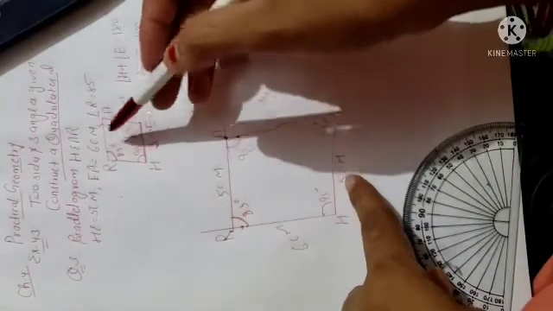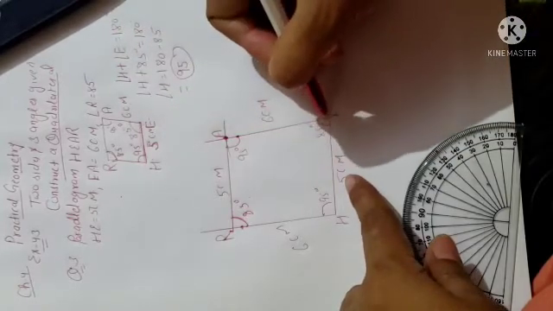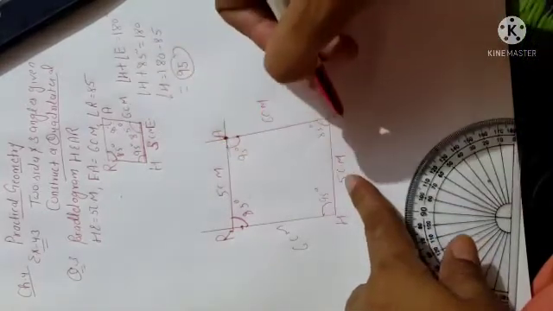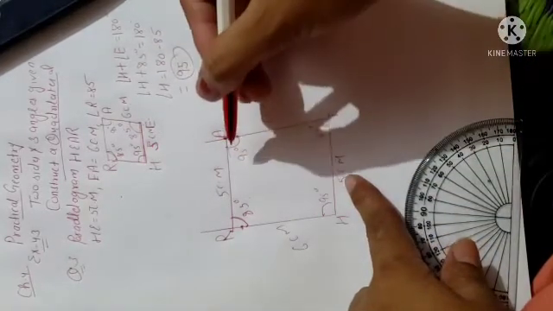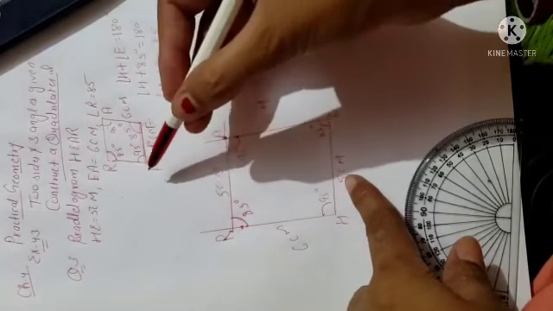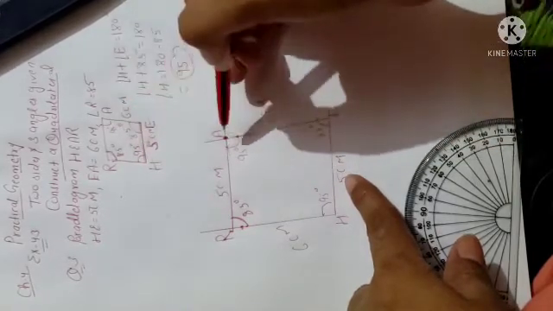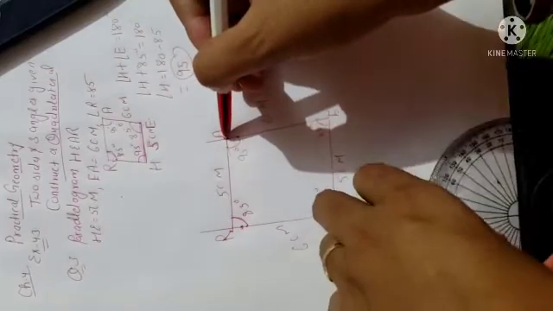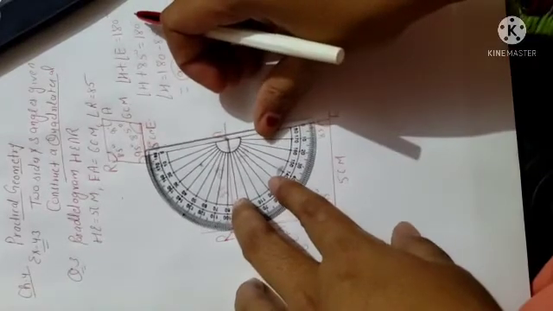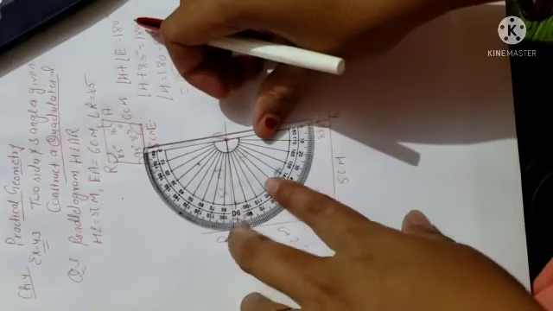After that the EA line segment is already given, 6 cm. So at point E you will put your compass, open it 6 cm and draw the arc. So this arc will cut at point A, and this length EA is 6 cm. Clear? Now you have to draw the angle A also. So what will be angle A? Angle A, you know, is opposite of H. So H is 95, so A will also be 95. So at point A also you have to draw the 95 degree angle. This one also you will draw with the help of a protractor. Exactly at point A you will put your protractor and draw the angle 95.